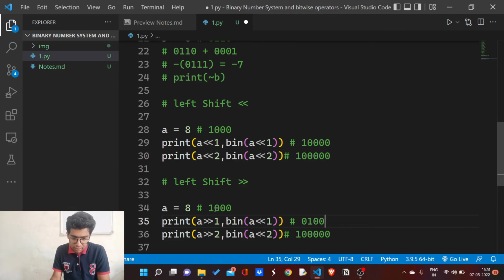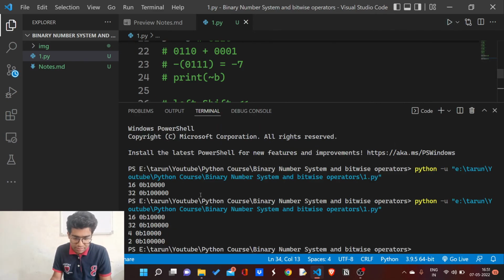As you can see, before there were three zeros. One zero got removed, and the vacant space here got filled with zero. And similarly in that case, we have to shift, so all these digits got shifted two times. As you can see, we have two vacant zeros and one zero. Two zeros get vanished. Now the answer would be the same.